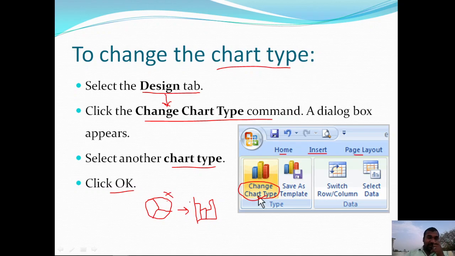Like that you can change from one type of chart to any other type of chart. It is available under the change chart type command in the design tab.